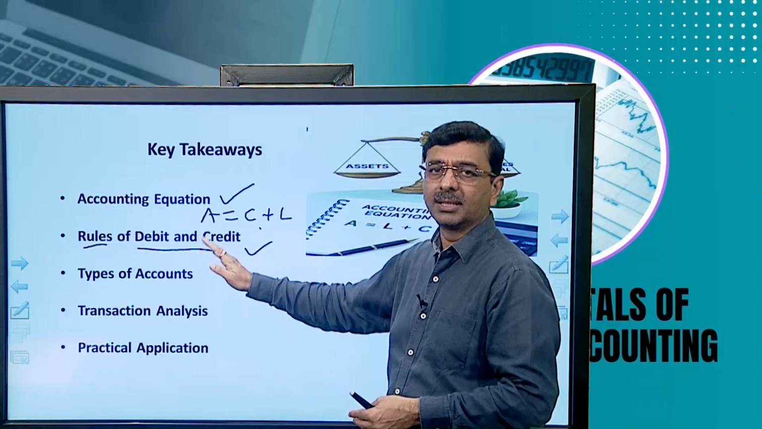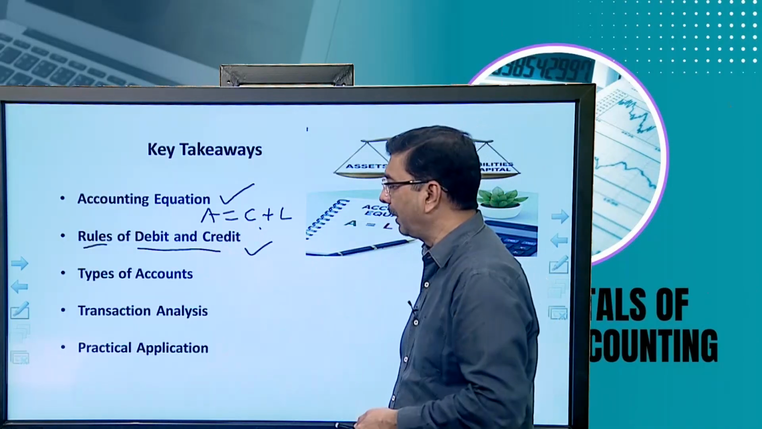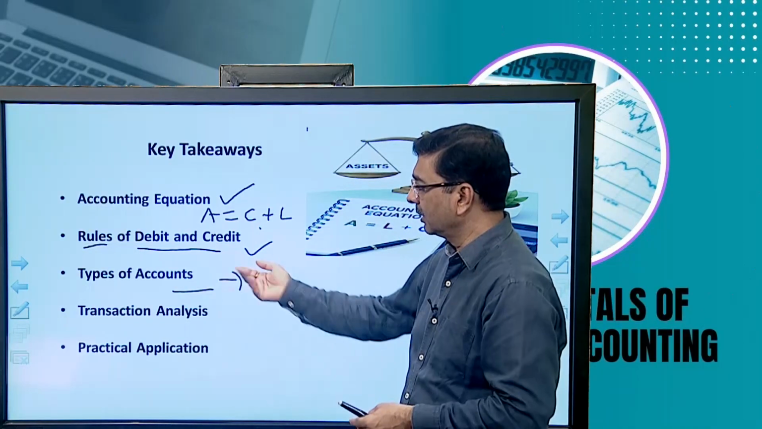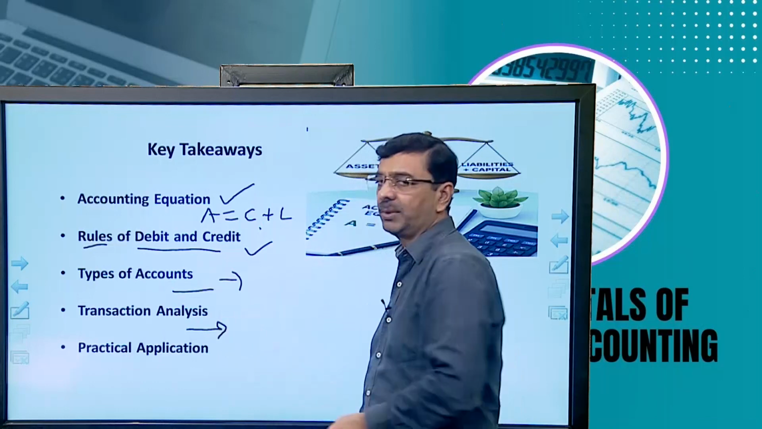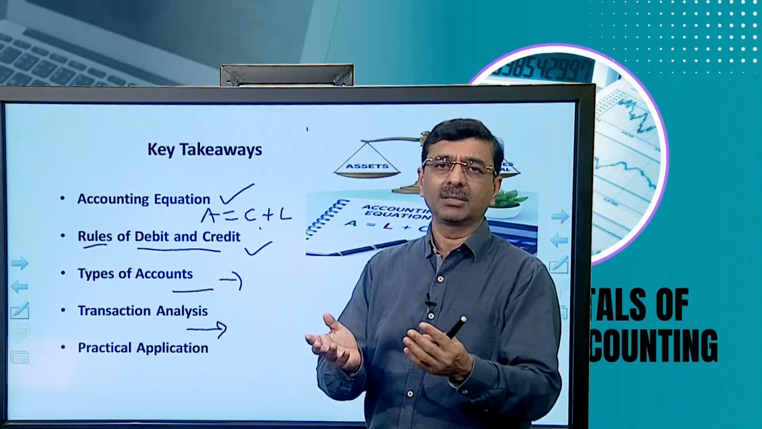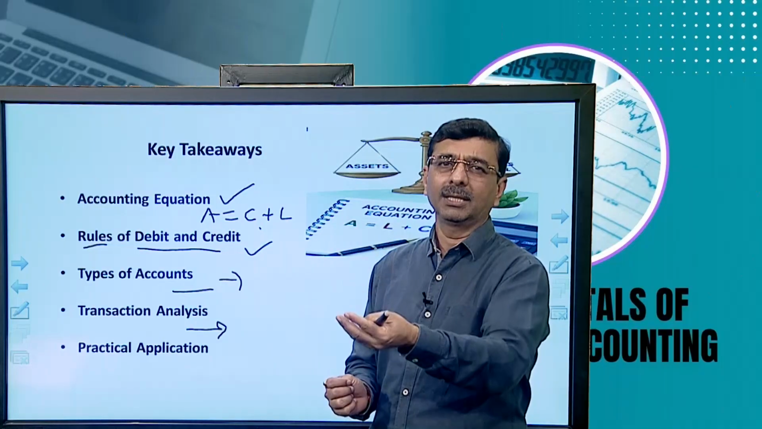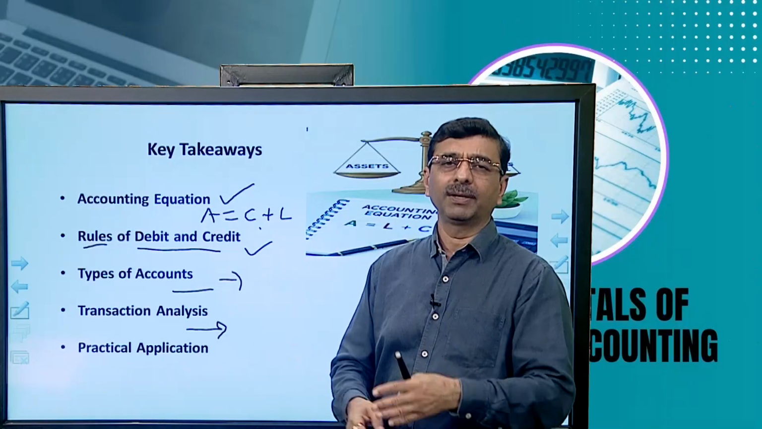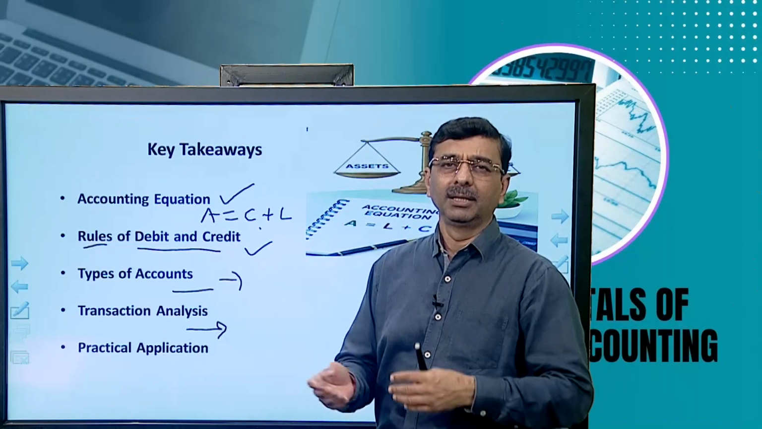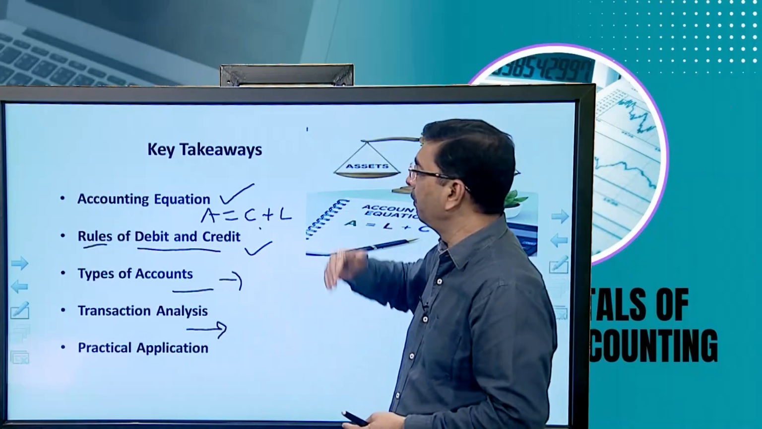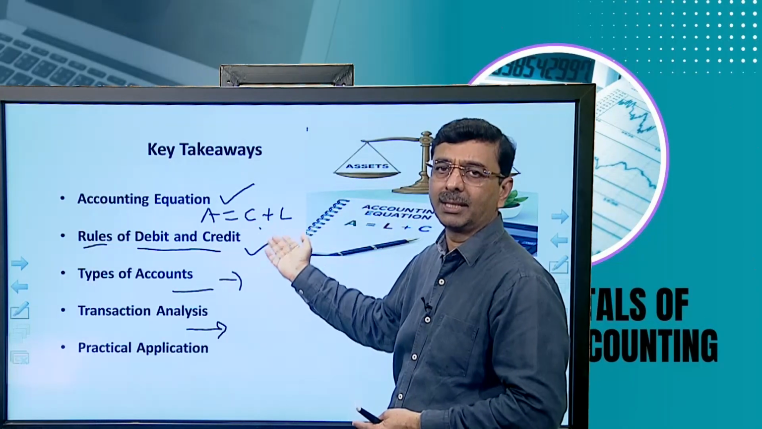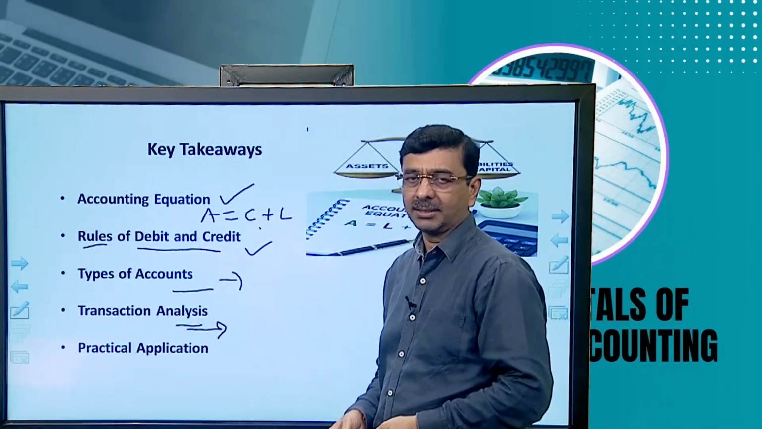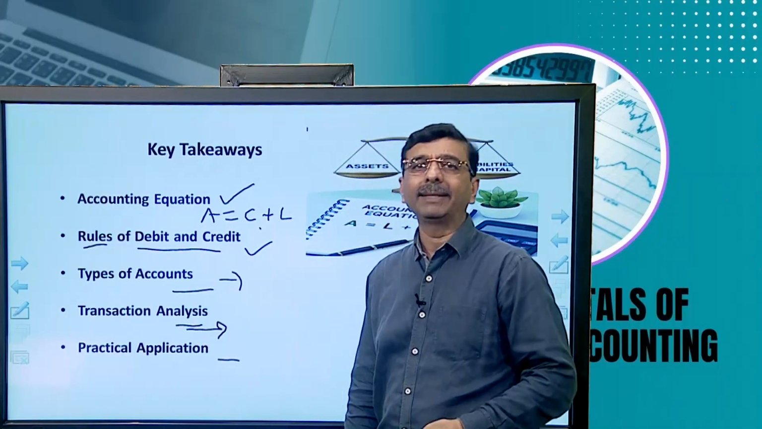After this, A is equal to C plus L will be impacted on that. The types of accounts, as I mentioned, personal, real and nominal, are also covered here. Then the transaction analysis: once we find the transactions, each transaction has to be divided into a twofold effect. After that, we need to identify which one is debit and credit, then how it would be impacted on the formula A is equal to C plus L, and at the end, what the results would be. This is what we are going to discuss in the transaction analysis,